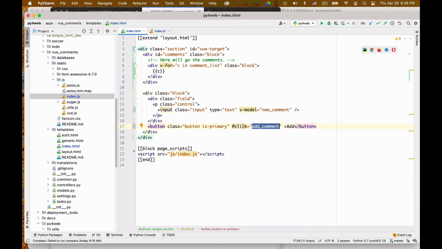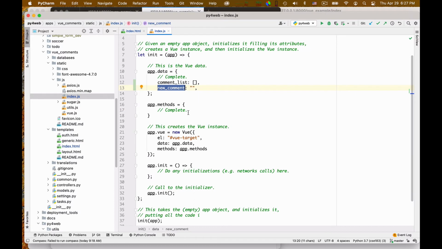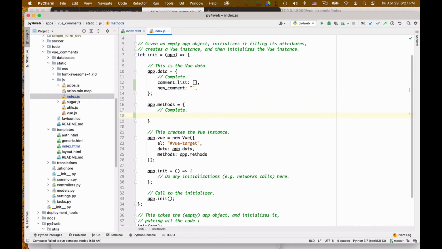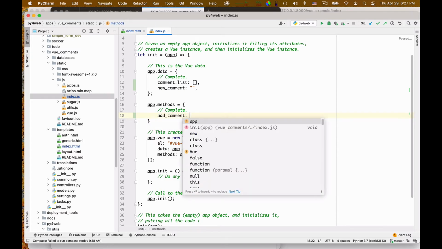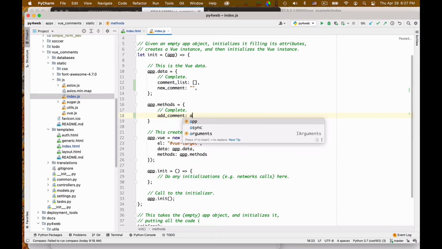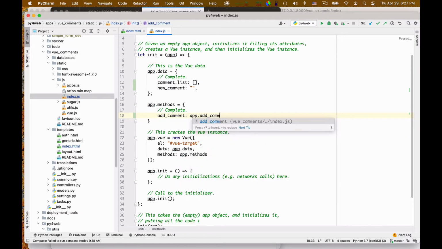It's invoked when an event happens, and it is a method that is part of the correspondence between DOM and JavaScript. So here I say a method is add comment, and when it occurs I have to call a particular function that I call app.addComment. I haven't written this function yet, okay? I have to remember to write it.